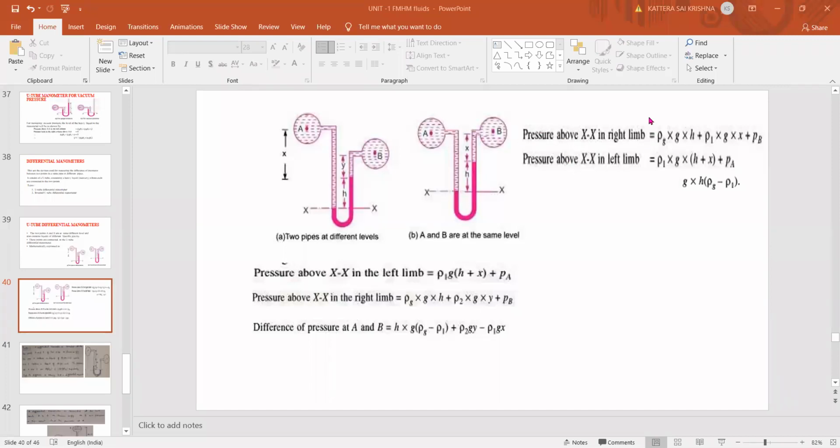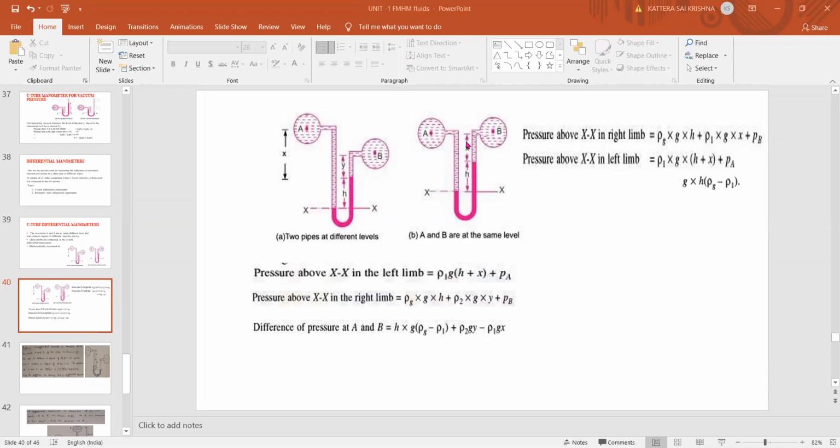First find the pressure in the right limb. In the right limb, again, we have three terms. One is PB, one is rho g X, rho into g into this height. Another one is rho g into g, where rho g is the density of mercury, into H. So three terms here. Rho g g H is the first term, rho1 g X is the second pressure, and PB is the third pressure. Similarly, in the left limb, we have only two things: one is PA and one pressure because of this head, so that is rho1 g. What is the height here?